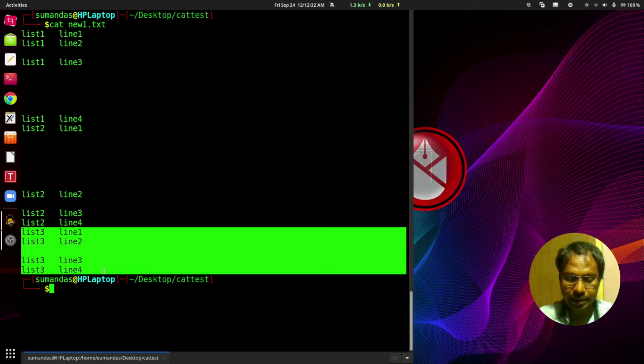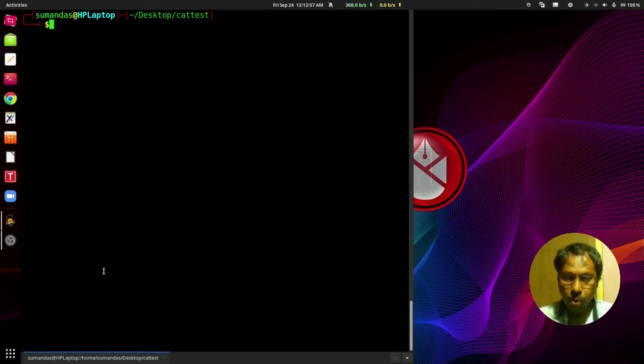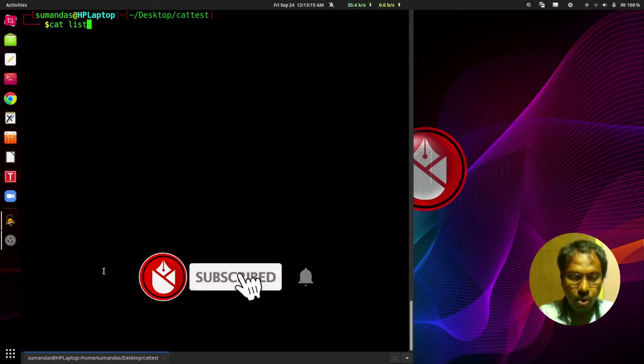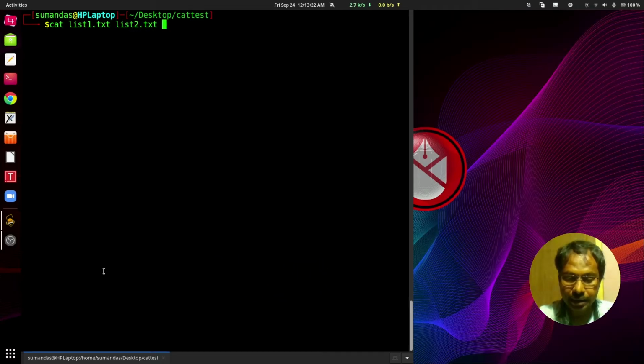Press Ctrl L. Now check what happens if we do not want to create a new file and instead concatenate the contents of the two files into one of the files itself. That means cat list1.txt, then list2.txt and redirecting it to the list2.txt.